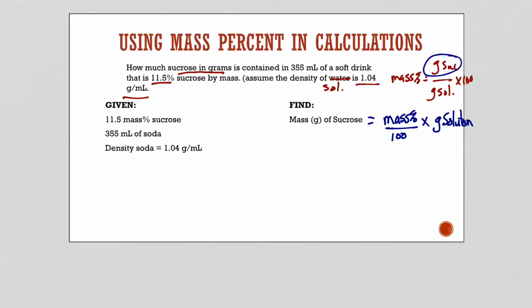So what do I know? Well, I clearly know the mass percent. I know the volume of solution. So the soda is my solution. So I need to convert this into grams of solution. And I know the density. So again, this should be sort of a common theme. Right? We're going to maybe have to do a conversion. And so if I have 355 milliliters of soda,